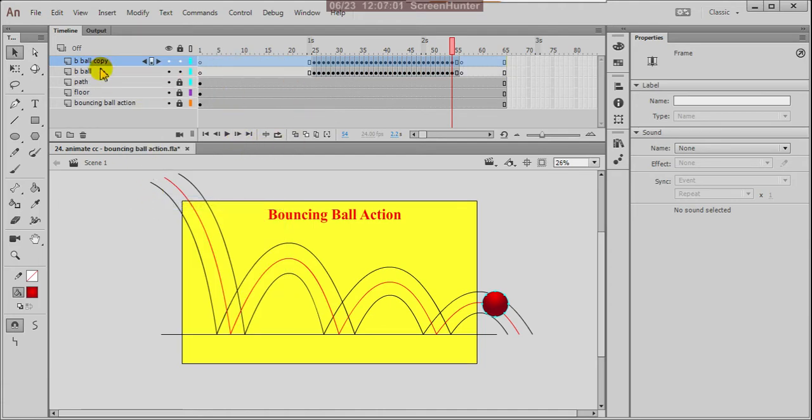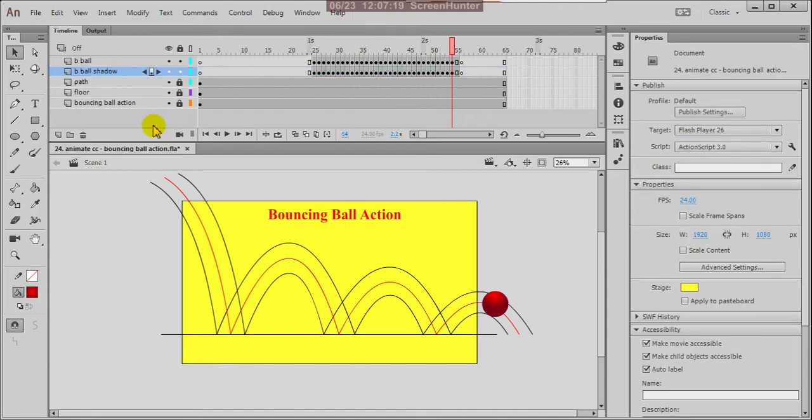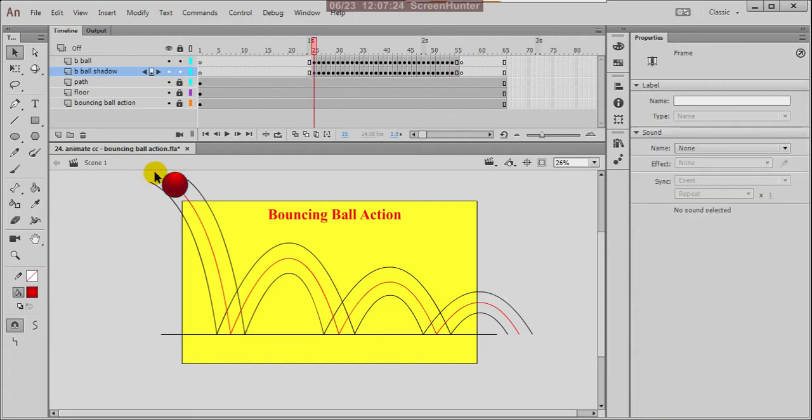So this layer is duplicated, so drag down here, make it a ball shadow, ball shadow. Yes, okay, click here. So already your ball is there. Okay, so then lock the first layer.